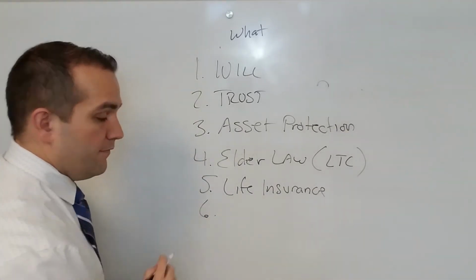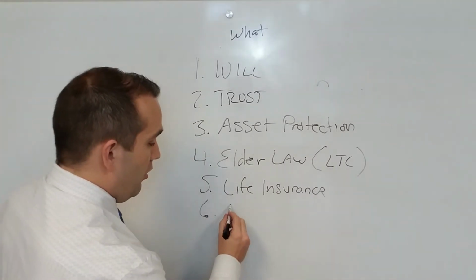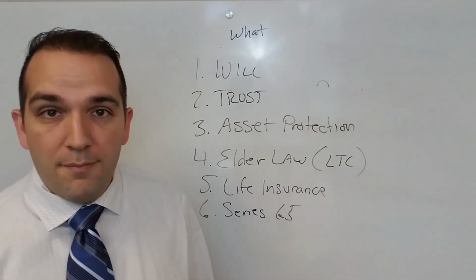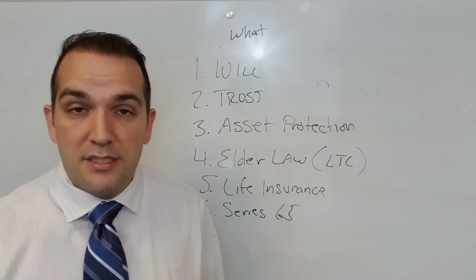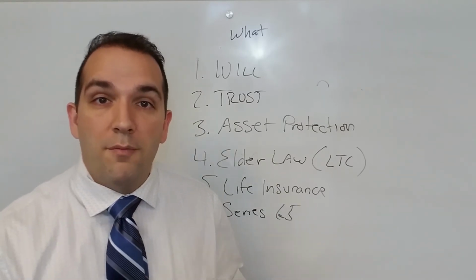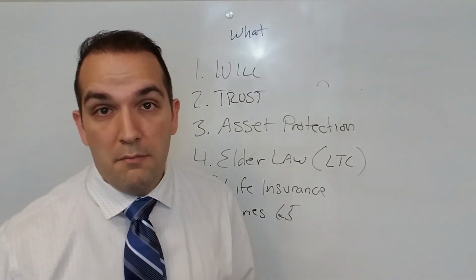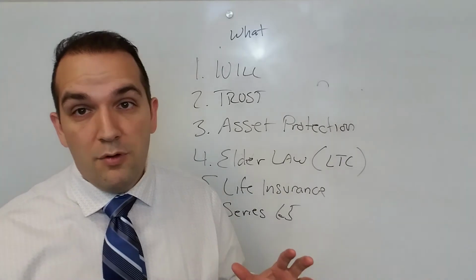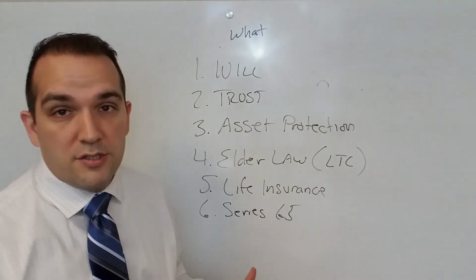Now, the sixth thing that you can add into this, that you could help people with, is if you get your Series 65. You have to take a course, maybe a couple months to pass this test, but once you get your Series 65, you can set up a referral arrangement with financial advisors where you get paid money to refer people for financial advising services. And bling, bling, bling, you can start making some good money right there. But this is all about understanding what someone owns. If you can see the power of this, you can change your whole life. There's so much that could be done here.